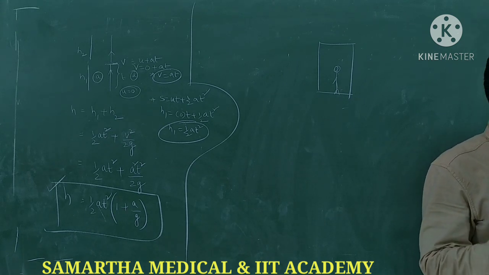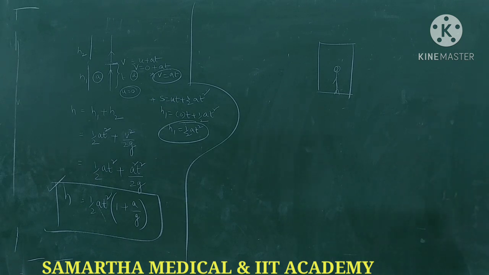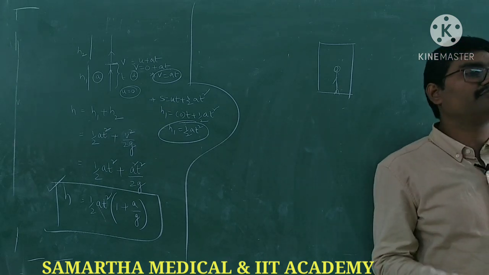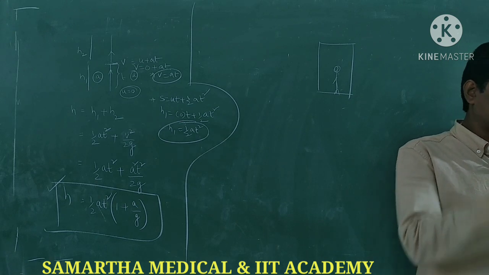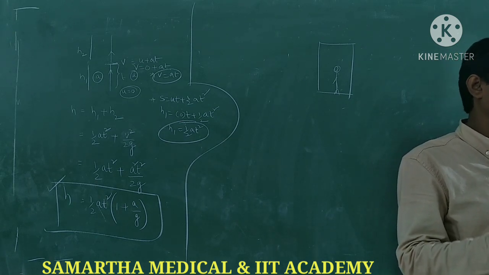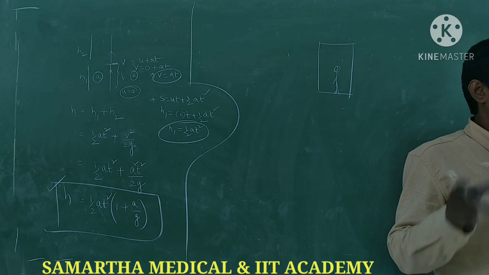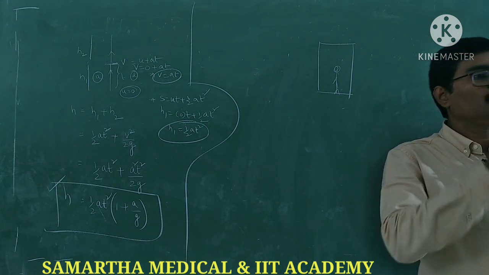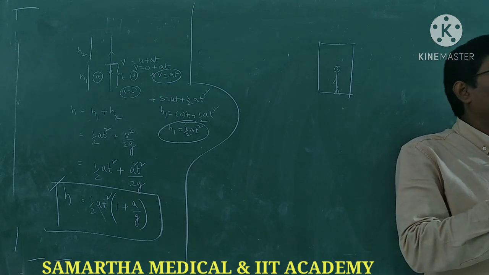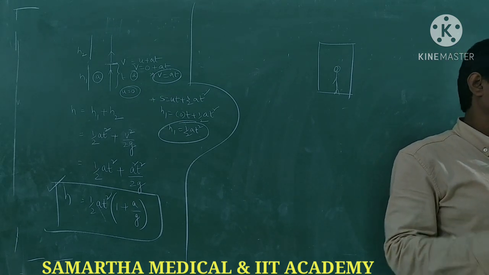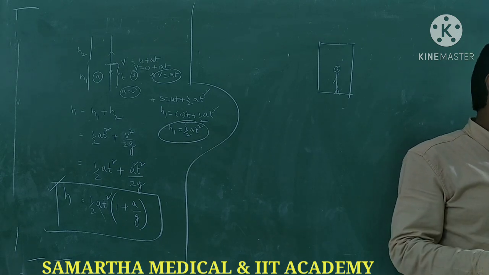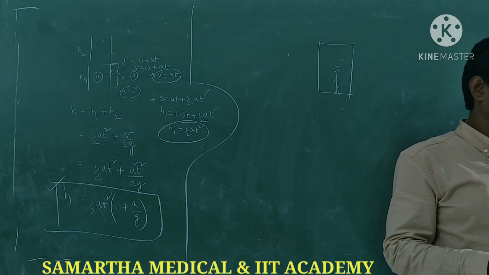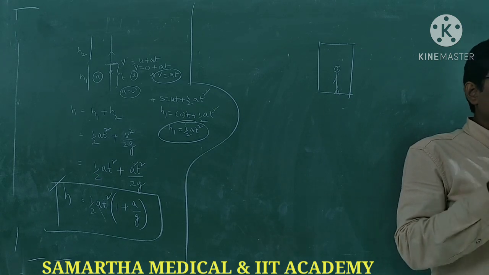Where are you getting 2u by g? If you are standing on the earth on the floor and throwing in the upward direction, the time of flight is 2u by g. If you are standing inside the lift and throw upward, then to reach the ground the time of flight is also 2u by g when the lift is at rest. If the lift is moving with uniform velocity, either upward or downward, in both cases it is 2u by g only, because the lift is not moving with acceleration. Acceleration is 0 for the lift. Next, till here clear?